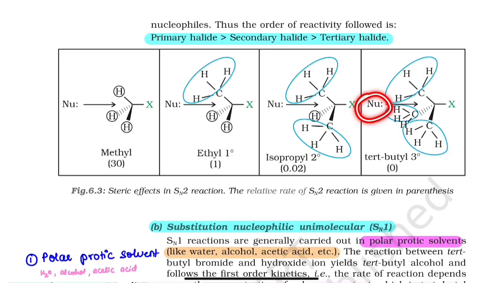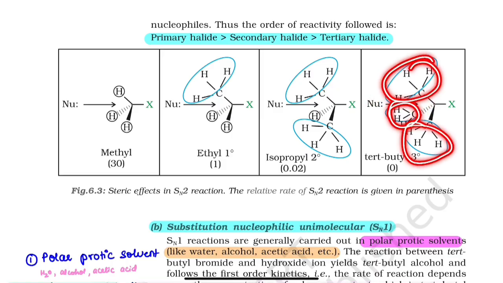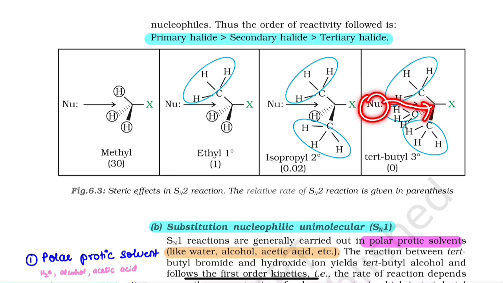Therefore, it becomes very, very difficult for the nucleophile. See here, there is 0% chance for the nucleophile to attack the carbon atom because of steric hindrance. Steric hindrance means there are bigger groups, so the nucleophile cannot attack the carbon atom. So therefore